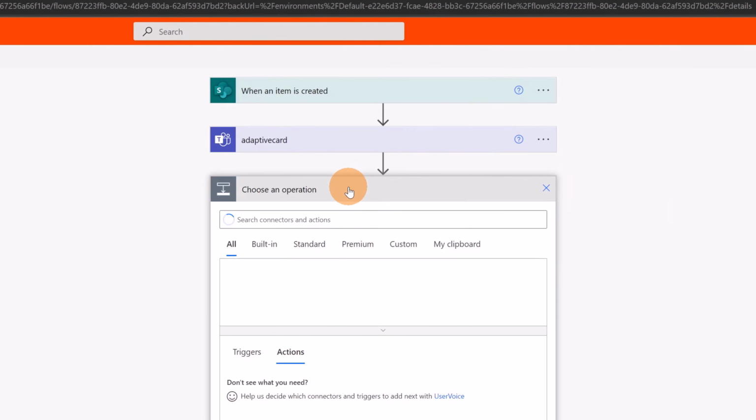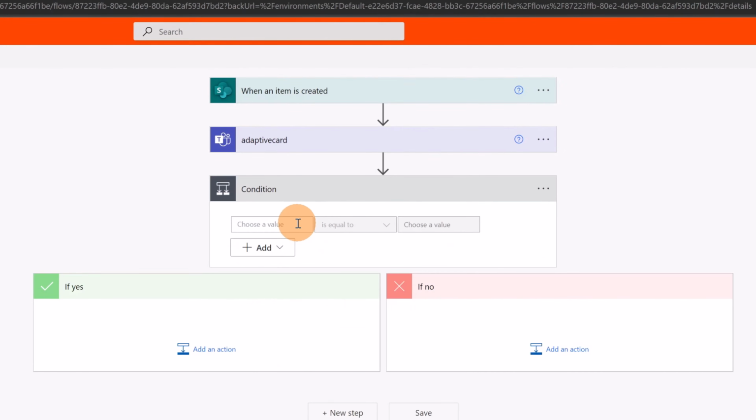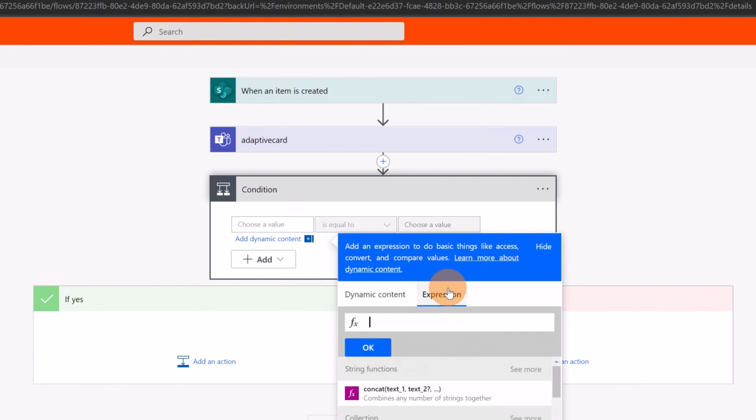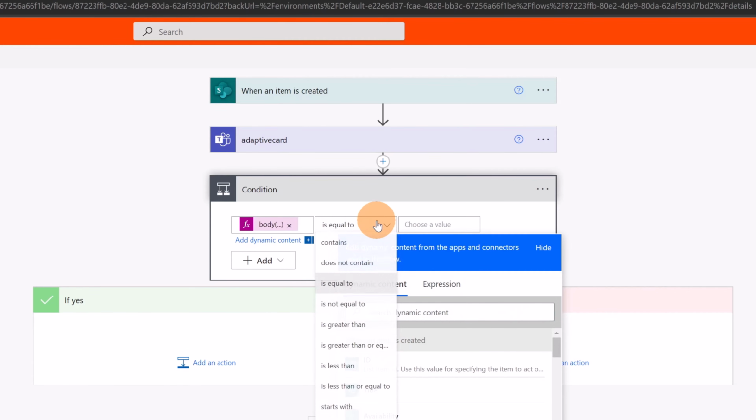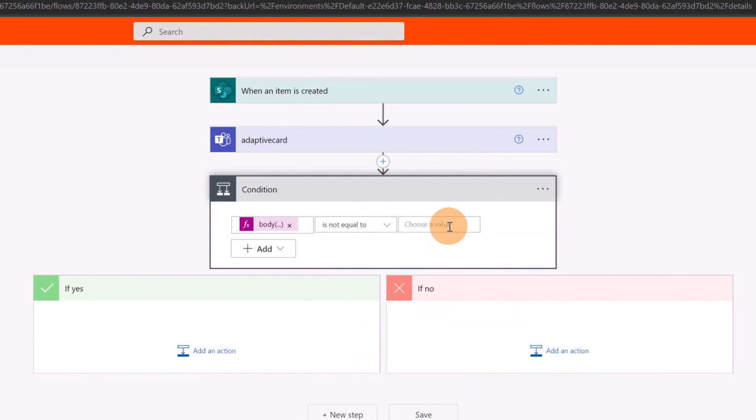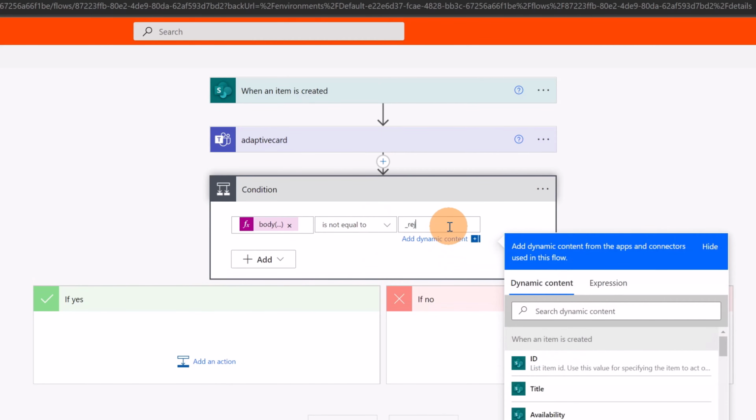Let's add a new step. I want to check the response. And here I'm going to click in the dynamic content panel on the expression. And now let's define my expression. Body, single quote, adaptive card, question mark, square bracket, single quote, and submit action ID. Then I can confirm by clicking on OK. If this is not equal to reject,